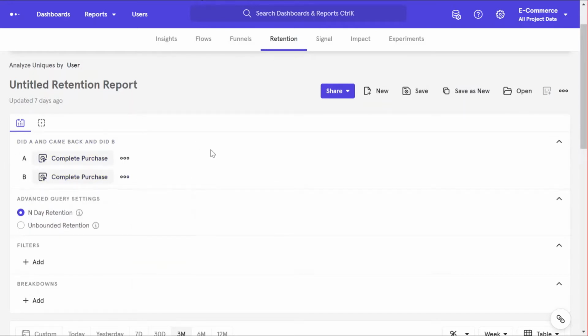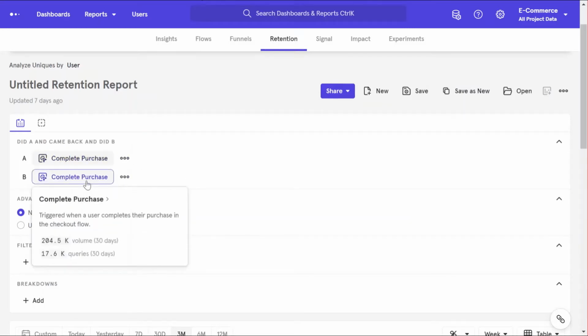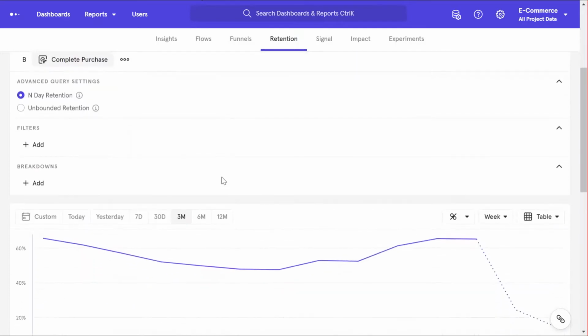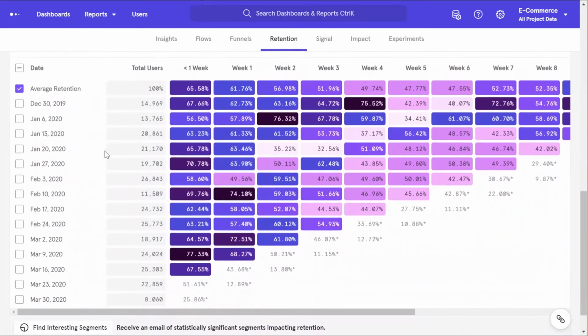What will a report like this tell me? It will typically tell me how good is the experience of purchase in a particular period. Because if they had good experience of making this purchase, then they are more likely to come back and place order in the subsequent periods, right? So here if I go down, the table needs to be read a little differently now. Now in this week, these 14.9k people were not the people who were acquired, but they were people who placed at least one order in this period. And then you can see that within the same week, 67.66% of them came back and placed another order. 62% placed an order in the next week. So overall, the numbers look pretty good here also.